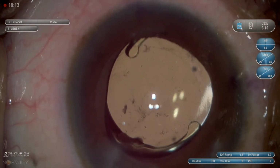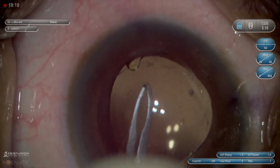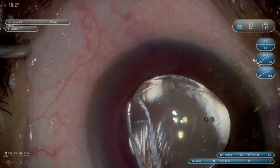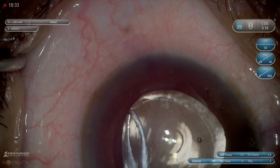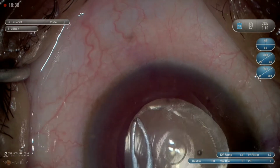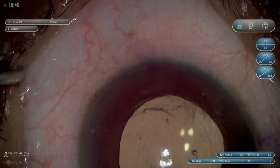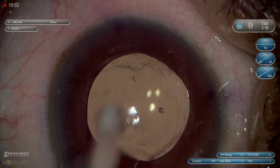I leave the viscoelastic in pretty full and place the IOL in the bag, but then I'll go in with the Utrata again, and now that I have great visualization, I can grab this little tag. I'm utilizing the little technique to pull towards the central visual axis, allowing it to tear and create a continuous circular capsulorhexis. This way I did not need to worry that there could be an extension of this while I remove viscoelastic